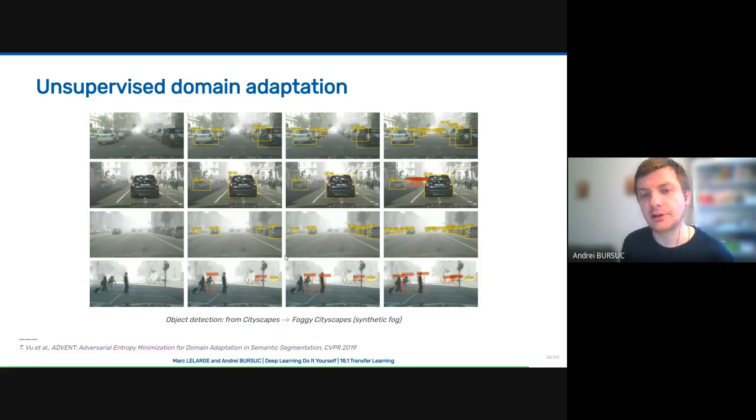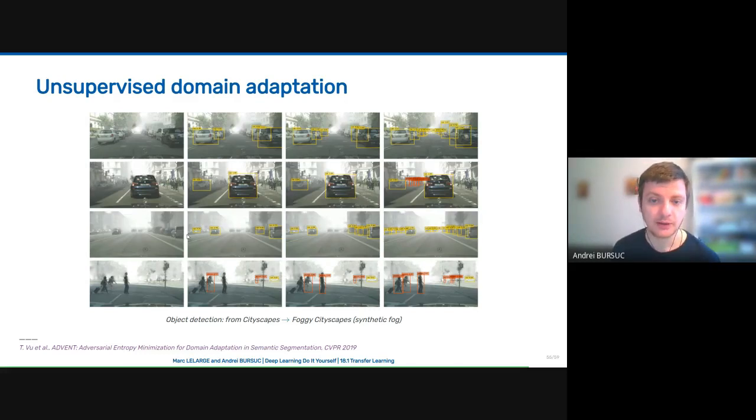They also did the experiment for fog. We had a bunch of foggy images, and we want to improve the performance there. So it's a new type of imagery, and we want to have good performance there. What they did in this case was train on real images as source, and then they had some foggy images as target that were not labeled, and they applied ADVENT to the same setting, but here it's for